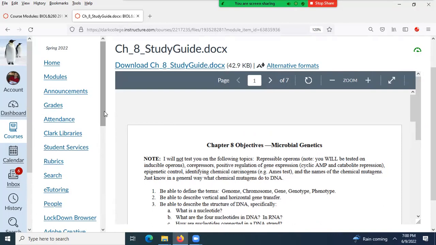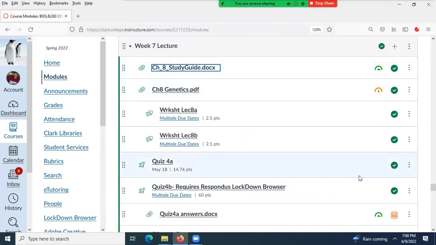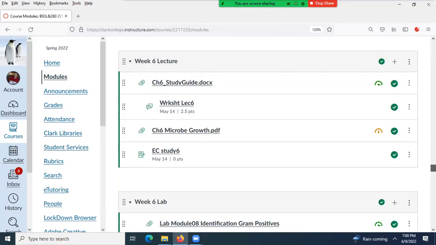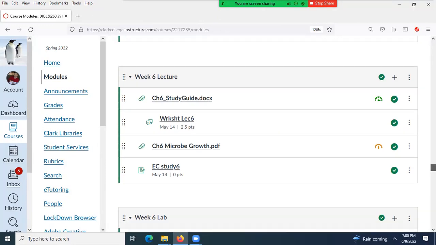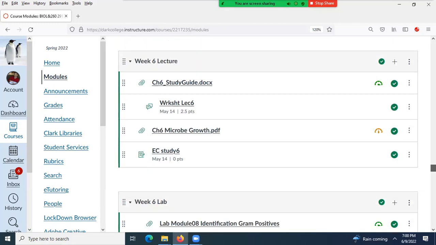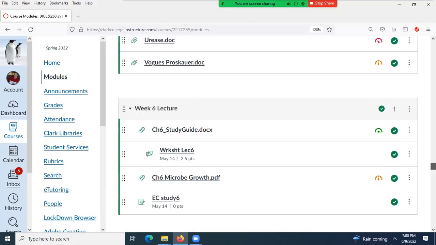All right, let's see. I think that's it for chapter 8. Let's move on to chapter 6, I believe. So in chapter 6 in the lab, you had case studies. So you can definitely count on a case study, as well as a case study is very good for testing you on your unknown project. I'm going to be testing you on your unknown project. You can kind of get a guess of that.